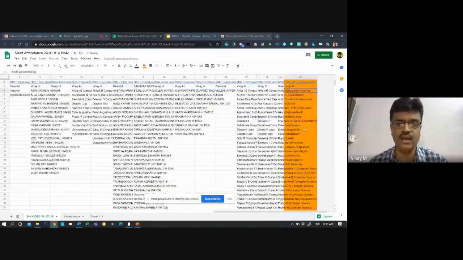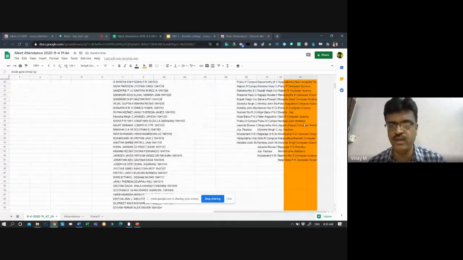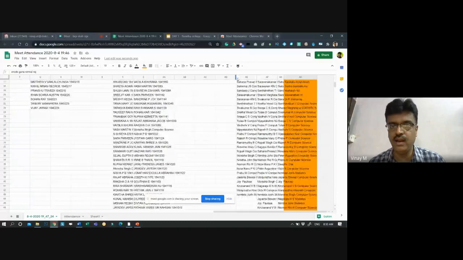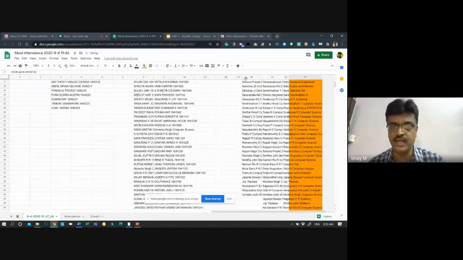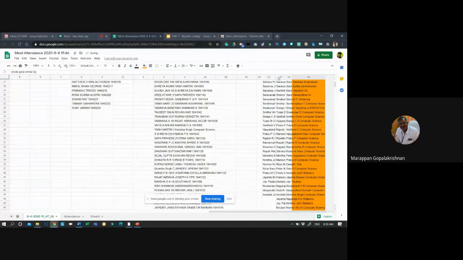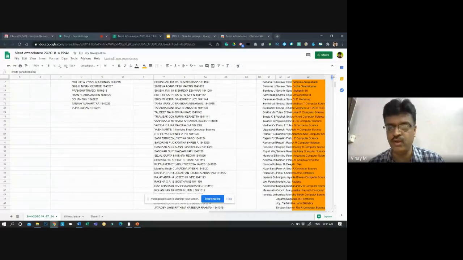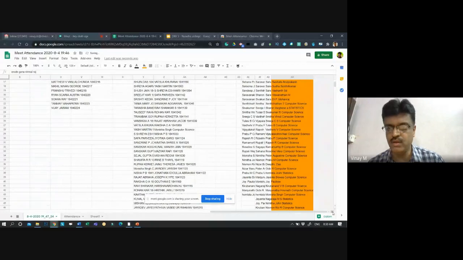The orange color button, which I'm displaying to you, is the one which will show you who are all attending the current meeting with an attendance. Attendance here doesn't say present or absent. It just says who are all present. It will show that in a small window. That's the job it does.